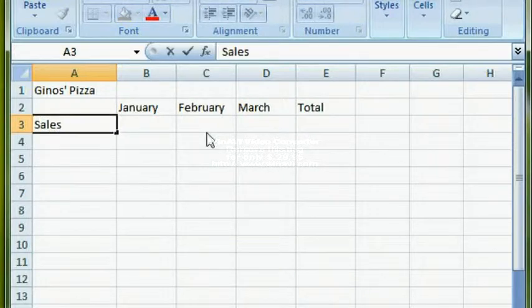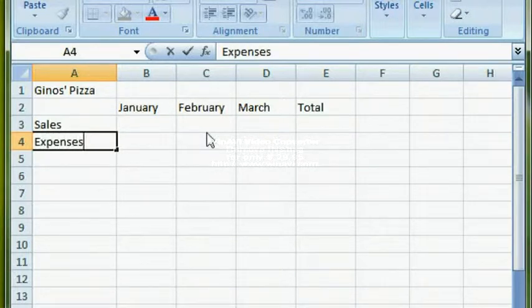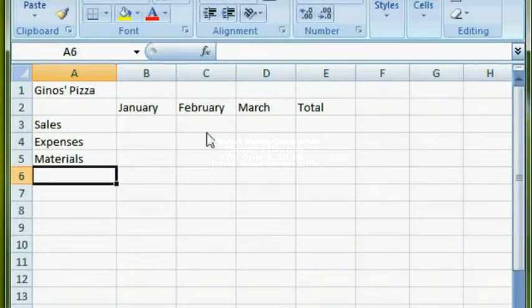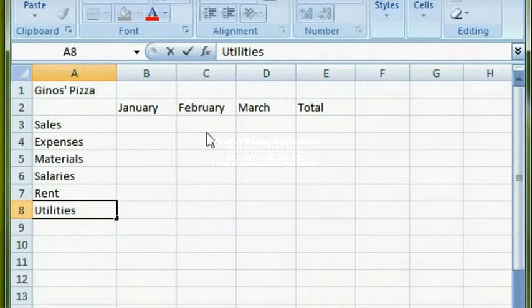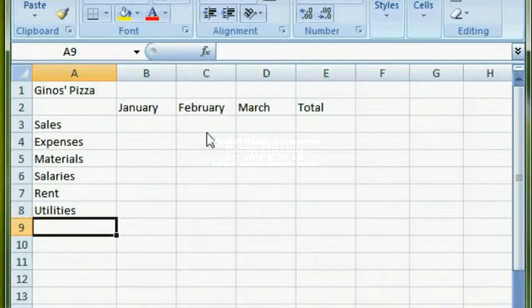Then starting in A3, we're ready to enter the values for each of the items on a row. So sales in the first one, then expenses, and then under expenses, each individual expense. Materials, and you can use the down arrow key or the enter key, or you can click with the mouse to move down. The next one is salaries, followed by rent, and last utilities. And I'm going to skip a row, but not yet. Here, let's do total expenses on this row and then skip a row,